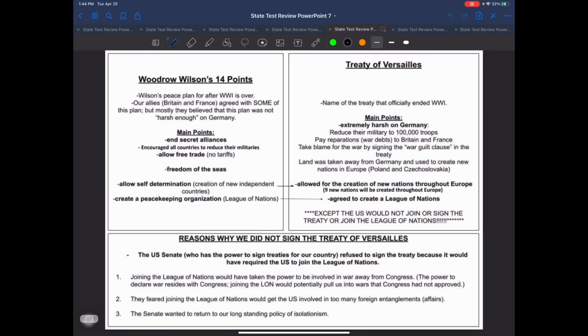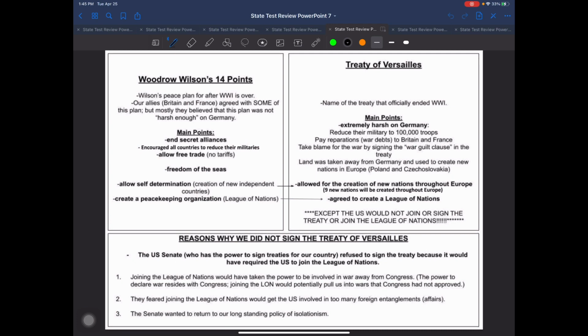Moving on to the next page in this unit and our last page, if I was a betting person, if I was a gambling person, this is the topic that is going to probably pop up on your state test, all right? The topic of Woodrow Wilson coming up with the peace plan known as the 14 points, what his peace plan was, and what is actually put into the Treaty of Versailles. And even farther into understanding, after all those efforts, we don't even sign the Treaty of Versailles.